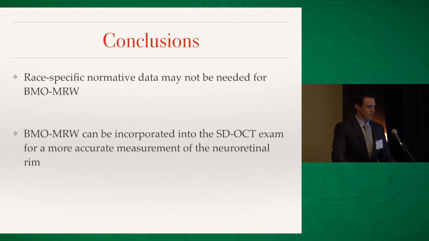So what we conclude is that race-specific normative data may not be needed for BMO MRW, and we can start using the databases that we already have based on people of European descent, and that this BMO MRW can be incorporated into the OCT exam for a more accurate measurement of neuroretinal rim, not necessarily as a replacement of the clinical exam, because like Dr. Gerken was talking about previously, there's still things that we need from the clinical exam: disc hemorrhages, the overall health of the disc, the color, whether there's pallor, atrophy. But this may help